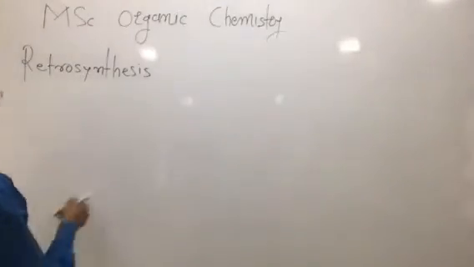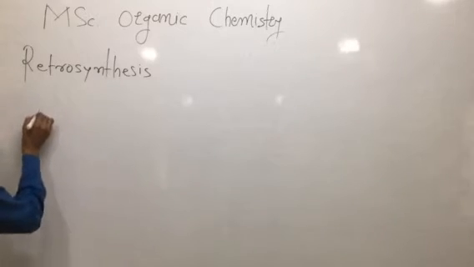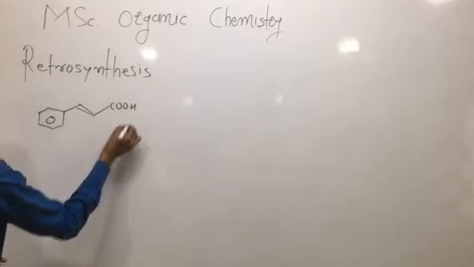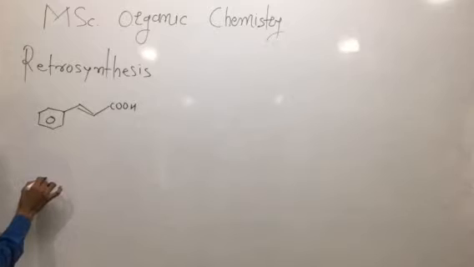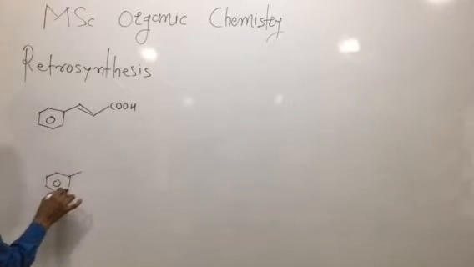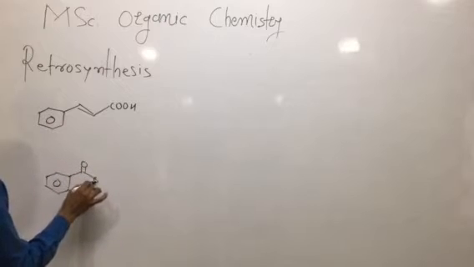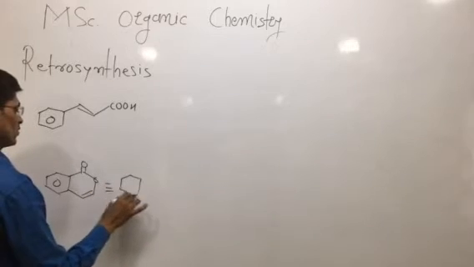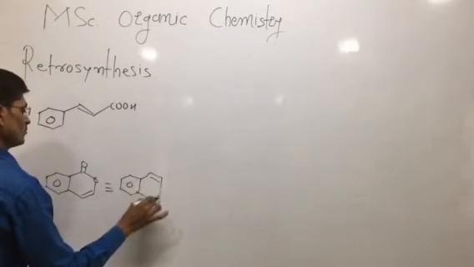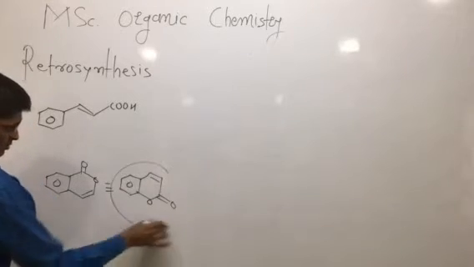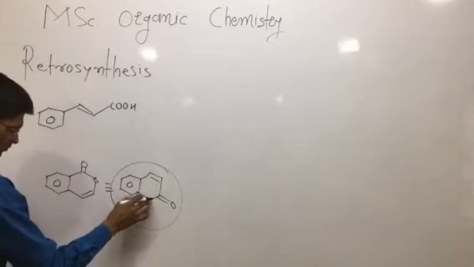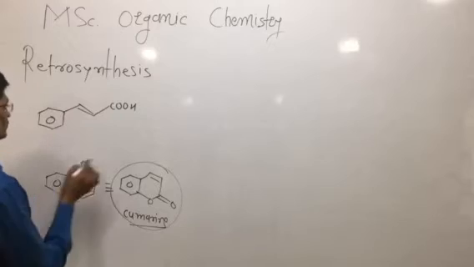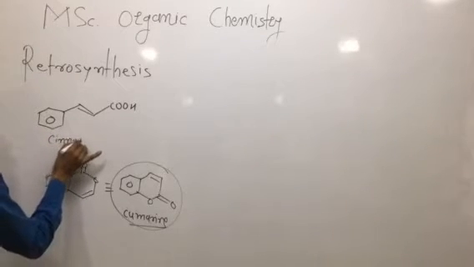Here we are discussing the target molecules, in continuation. If we have this target molecule, again we are having such types of target molecule here. As you can see, this molecule is written in this form. This is a six-membered fused oxygen-containing heterocycle, called coumarin. This is known as cinnamic acid.